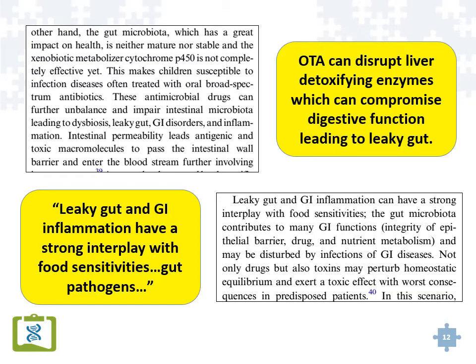Ochratoxin can disrupt other detoxifying enzymes. It can lead to leaky gut. When we have leaky gut, we start to get things that move through the lining of the digestive tract and trigger inflammation. One of the interesting things is if you actually look at the architecture of the tight junction in the digestive system, it's very similar to the tight junction of the blood-brain barrier. So many people who have chronic leaky gut sometimes can also start to have a leaky blood-brain barrier, which leads now to neurological inflammation. Also, leaky gut increases the sensitivity to food and food sensitivity issues, which is a big problem in autism.